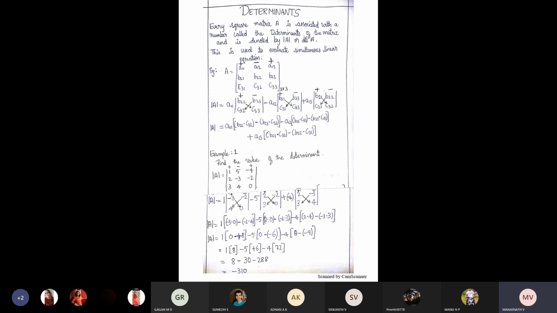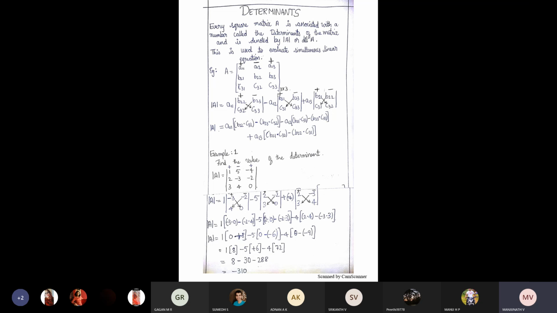Now you write this: A11. A11 lies where? It is in the first column, right? You first start with A11. I'm showing you how to expand this. If you expand and simplify, you will get a number. That number is called the determinant. Today I'll address only the mathematical representation. Problems have to be solved in the offline mode only, otherwise it is very difficult to follow. I'll explain just the formula part today.